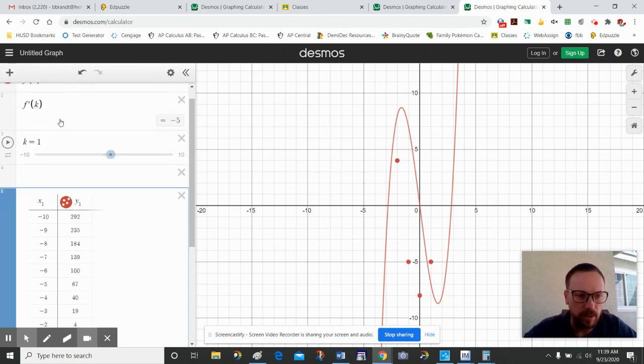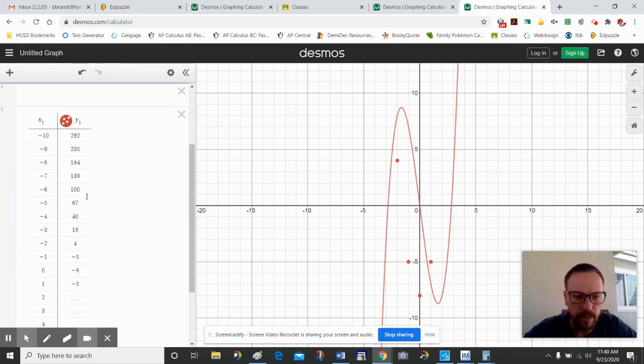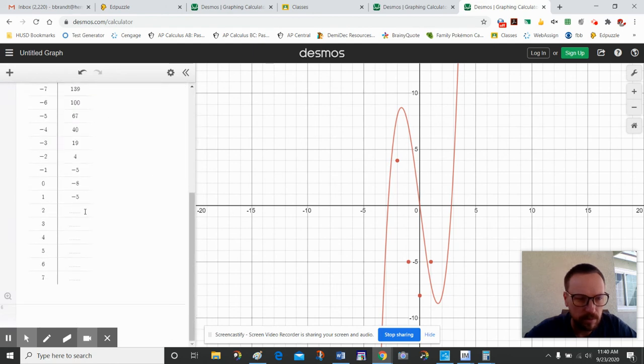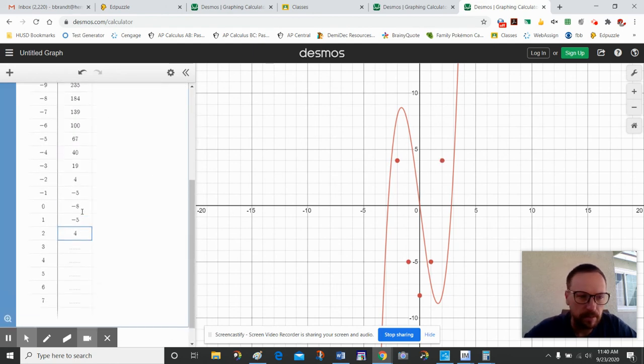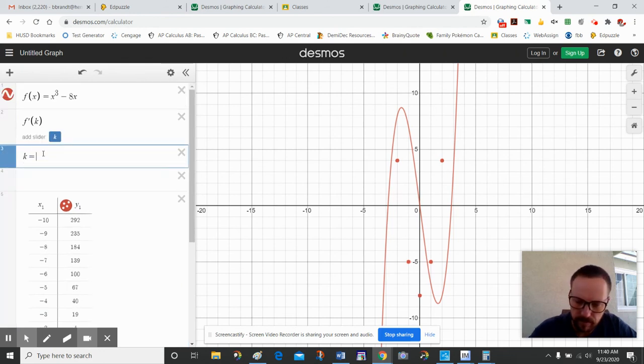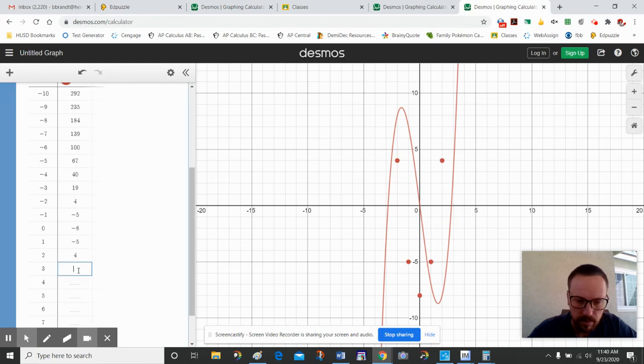And then we're going to put in 2, and can you guess what it's going to be? 4. Are you seeing the pattern yet? Let's just do one more. 19. So -8, -5, -5, 4, 4, 19, 19,